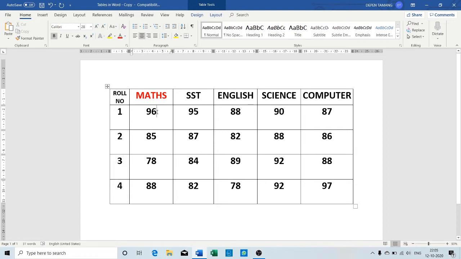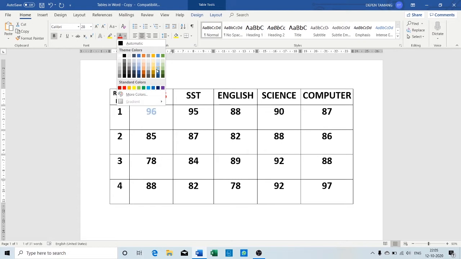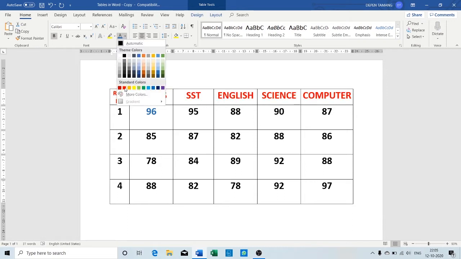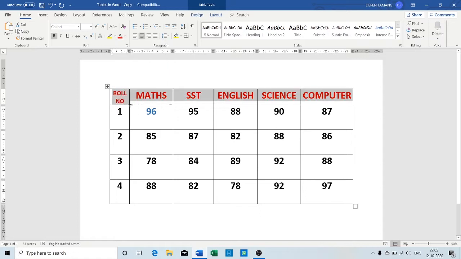Similarly, if you want to apply a color to the numbers, just select the numbers, click on the drop down arrow of the Font Color button and you can apply whichever color you want. If you want to give a particular color to the whole range of the cells, then simply select the whole row. After selecting the row, click on the drop down arrow of the Font Color button and simply click on the color you want to apply. Now you can see that the whole row has been